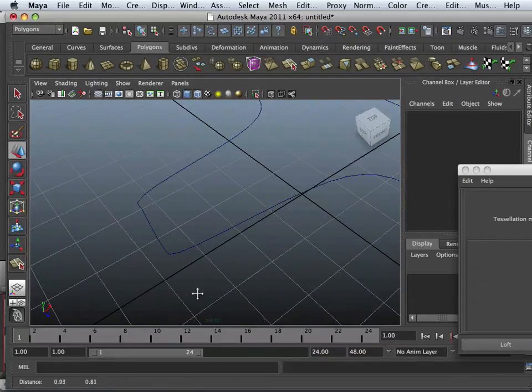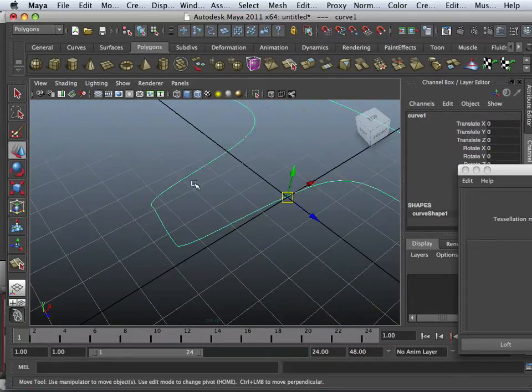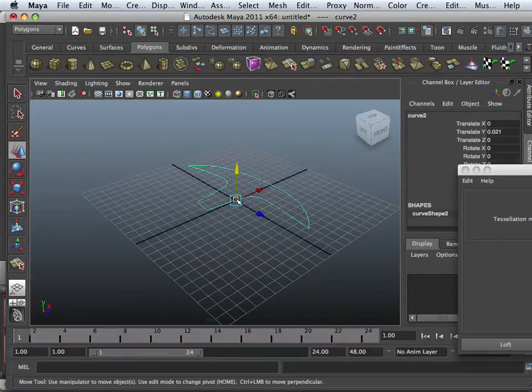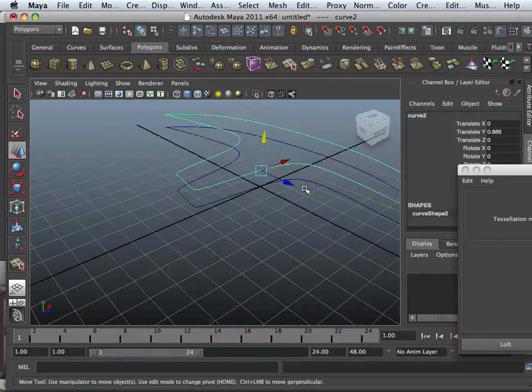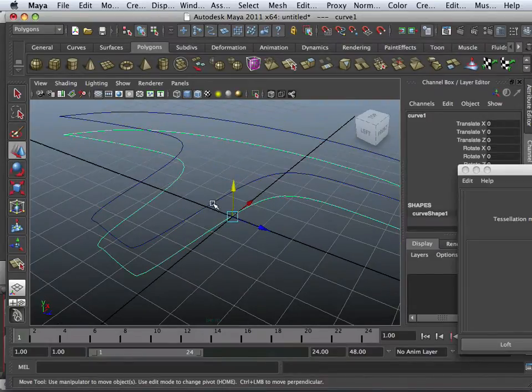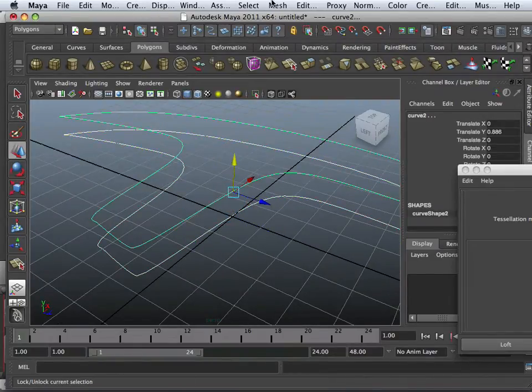Alright, so it works like this. If I have one curve and I hit Command D to duplicate it up, I have two curves. Duh. But if I grab one curve and hold shift and grab the other curve, I can go into surfaces,